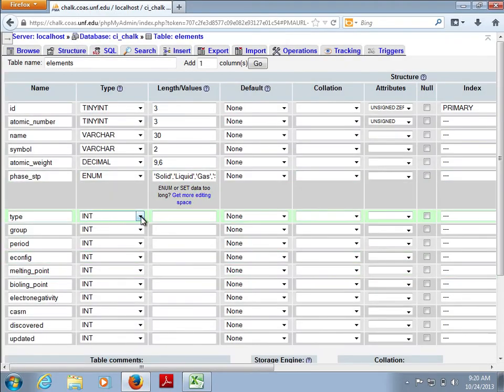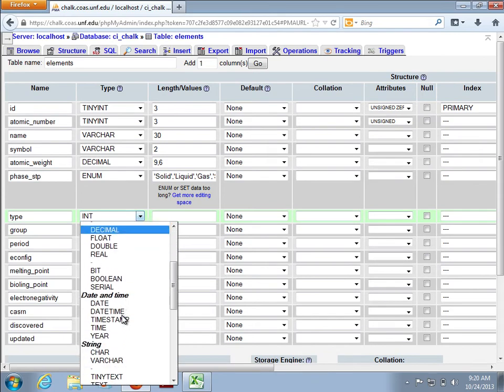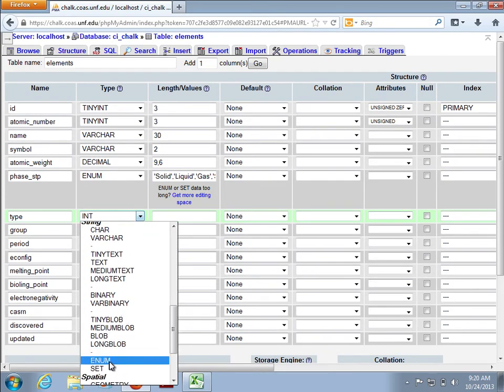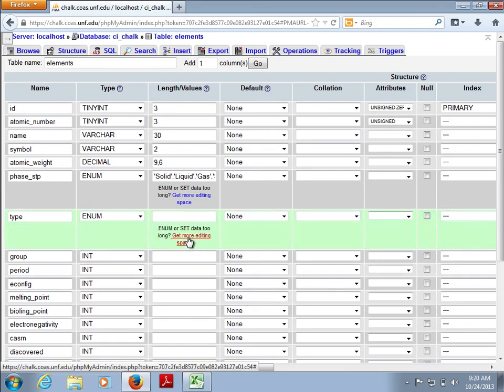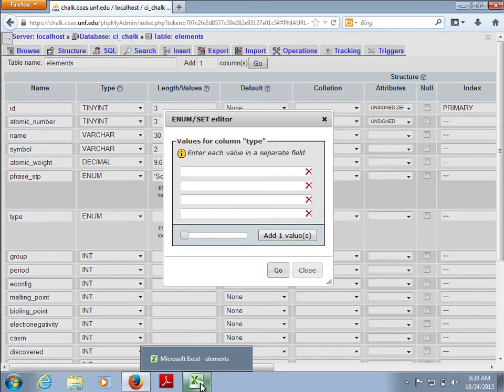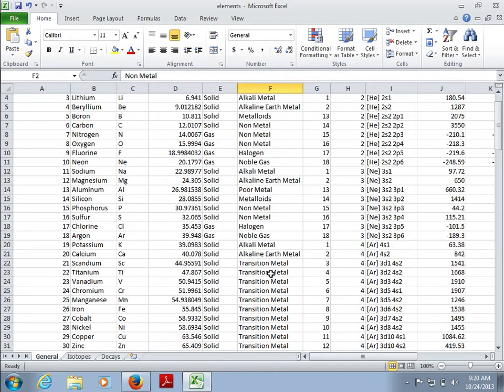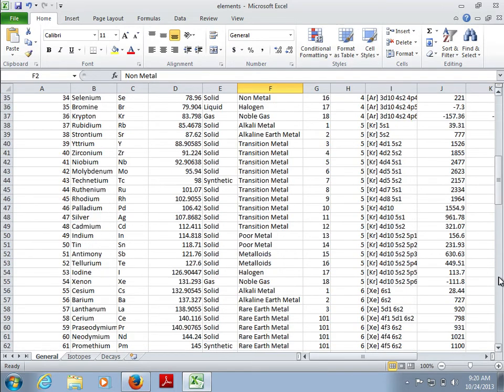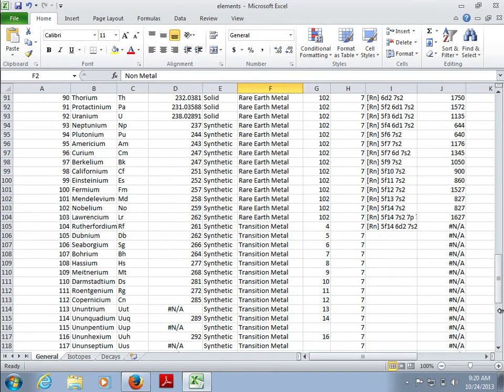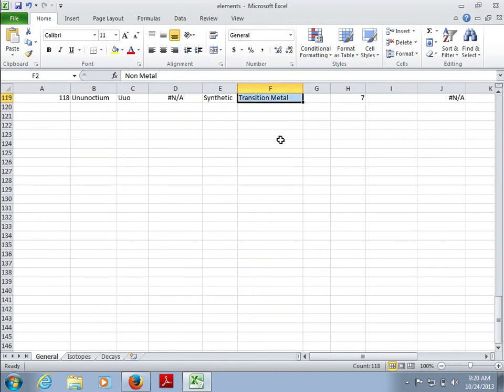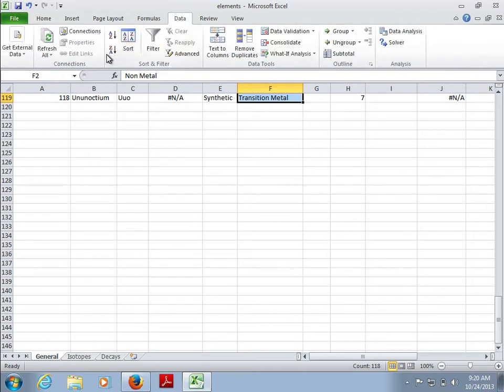All right. Now type is again an enum list because it's kind of like different types of elements, given them particular designations. A nice way to get a quick list of the different values that are in the type column, or any column, is to select all of the text in that column, excluding the first entry, which is the title of the column, and go up to data and